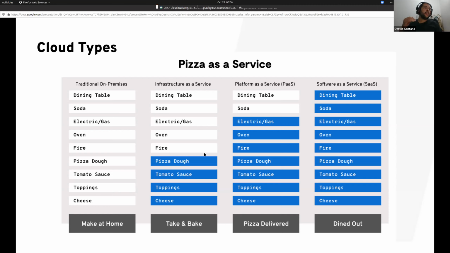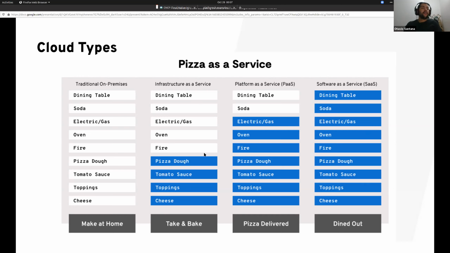I decrease the complexity because now I don't need to handle the hardware and know how to handle hardware anymore. But I still need to handle something like the microwave or electric gas, and I still need to prepare my table and my soda. Okay, so in the cloud age analogy, right now we have infrastructure as a service.